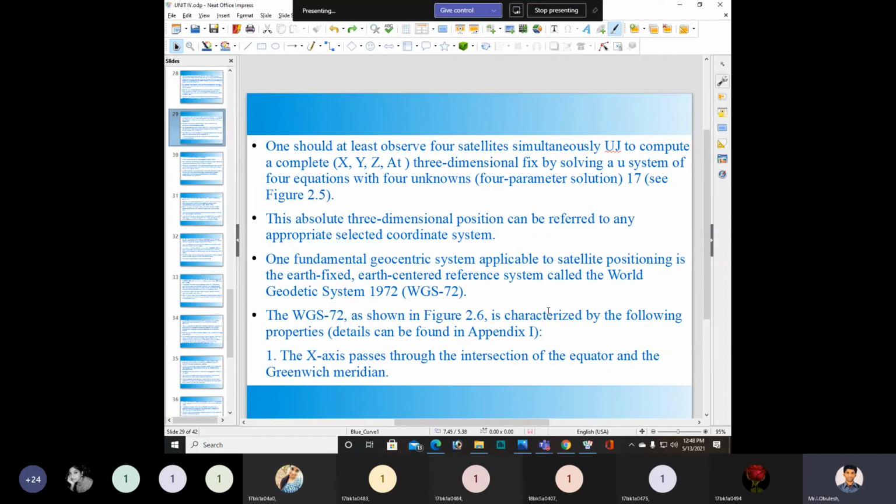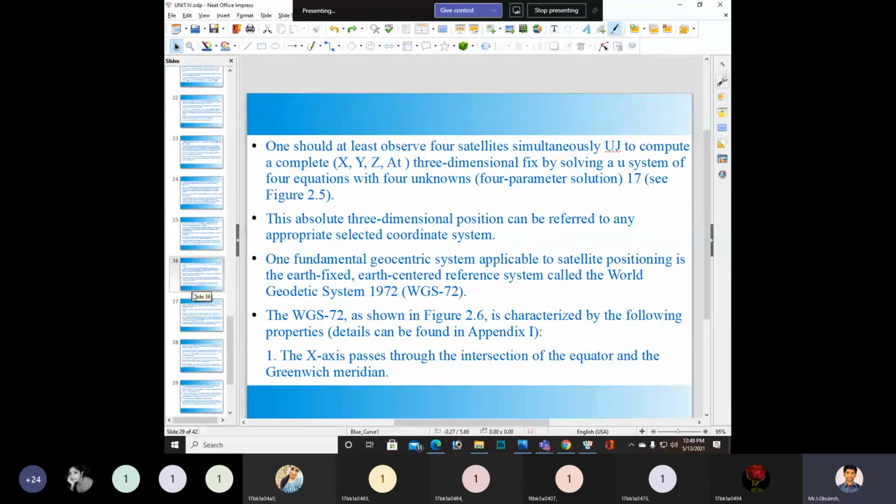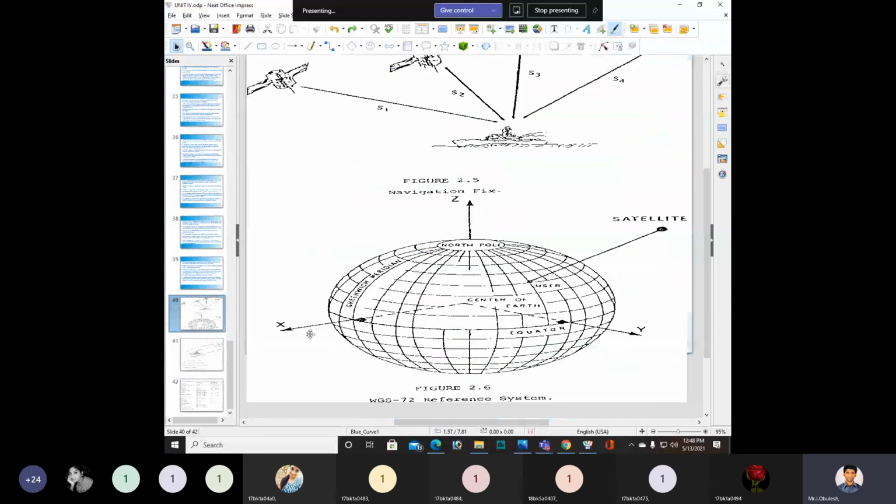You need to see that the x-axis passes through the intersection of the equator and the Greenwich meridian.